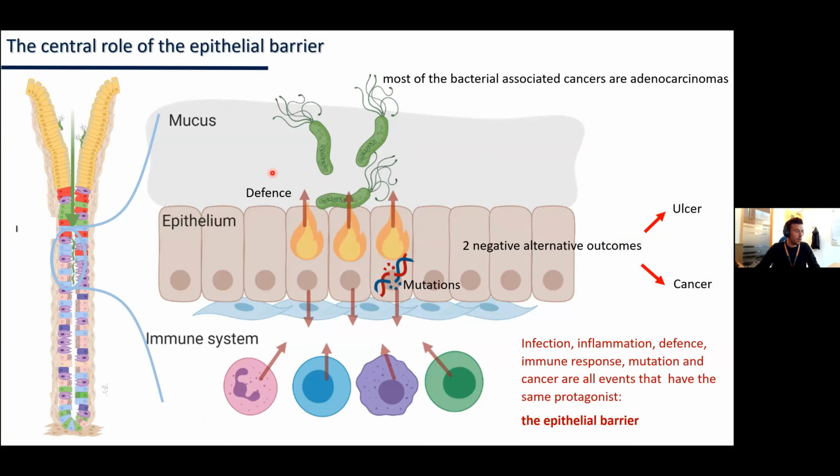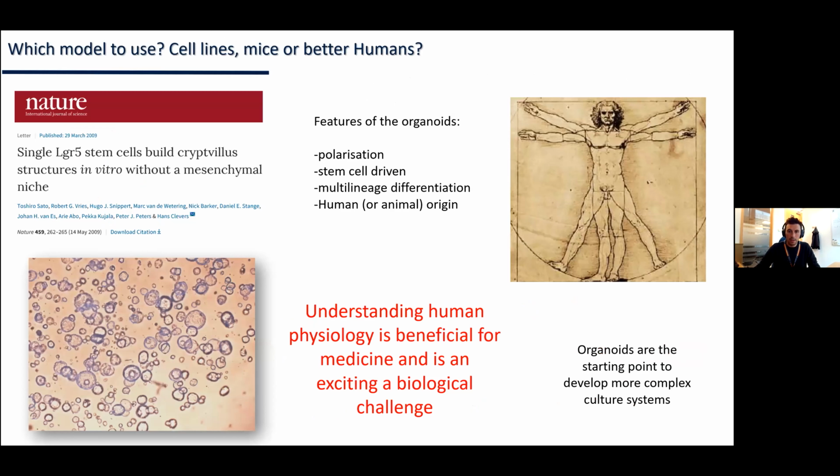This is just to show that the epithelium is the center of our attention, the center of our study, because most of the events that we are studying are happening here. And yes, we're talking about organoids. So the features of organoids are that they are made of polarized cells with an apical